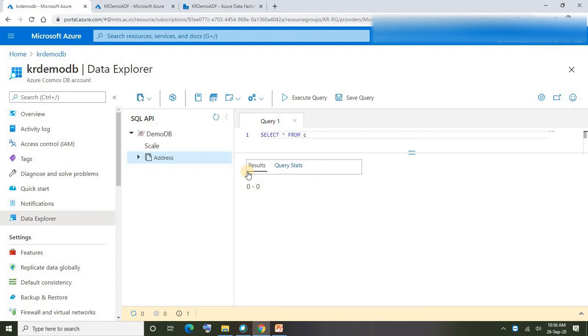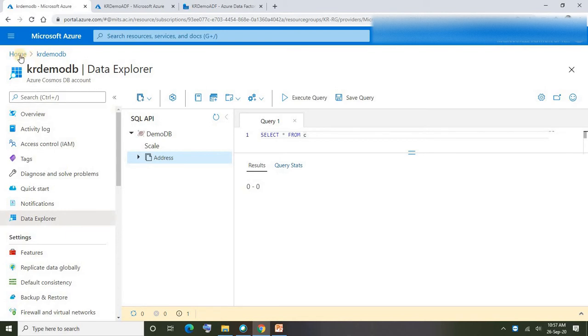Generally data in Cosmos DB will be stored in the form of JSON, and whatever records are under a Cosmos DB container, we call them documents. Documents are equivalent to rows in our SQL database. We don't have any documents currently. Let's see how we can have the data loaded through an ADF pipeline.